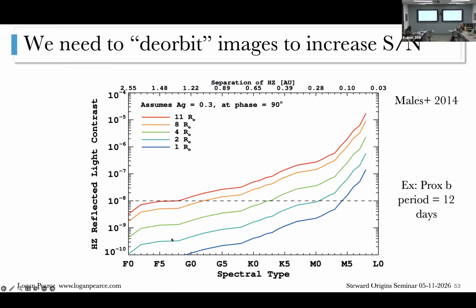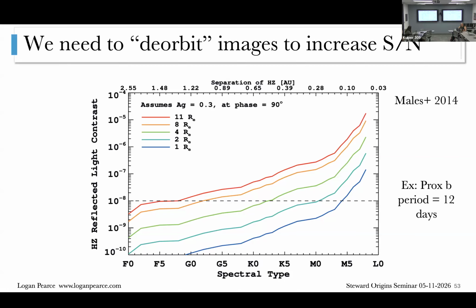contrast in the habitable zone as a function of planet size and star spectral type. In the areas where the contrast in the habitable zone is highest, so the most promising targets for finding habitable zone planets, the habitable zone is like 0.3 AU, 0.1 AU. So the planet's going to move a lot when it's that close to the star. For example, Proxima Centauri b has a period of 12 days. If we need to observe it for 100 hours to get enough signal, it's going to move a lot during